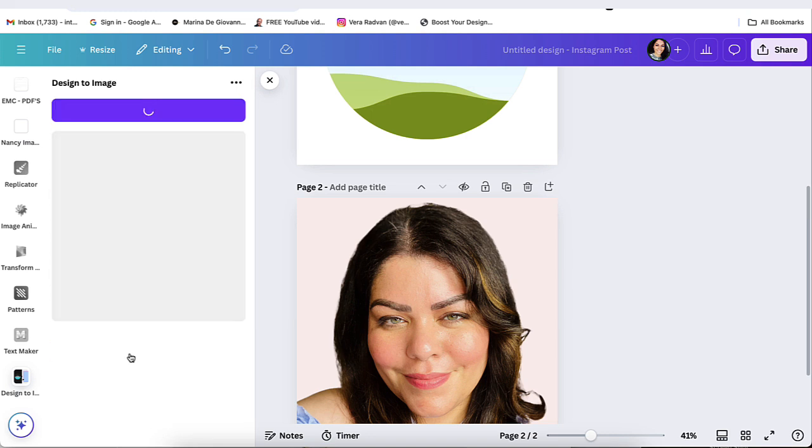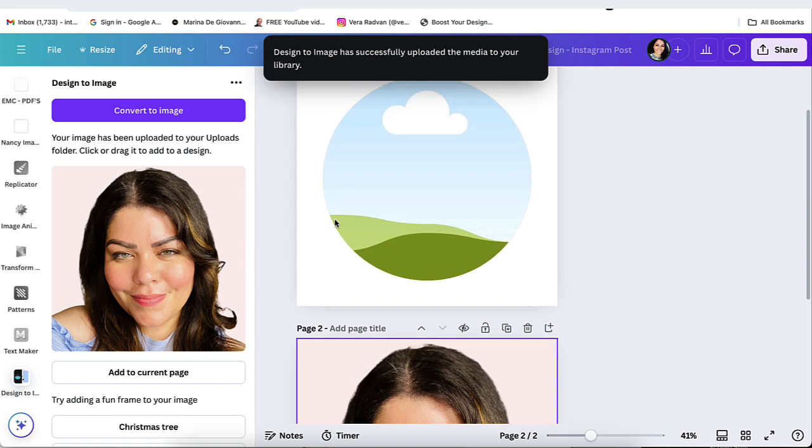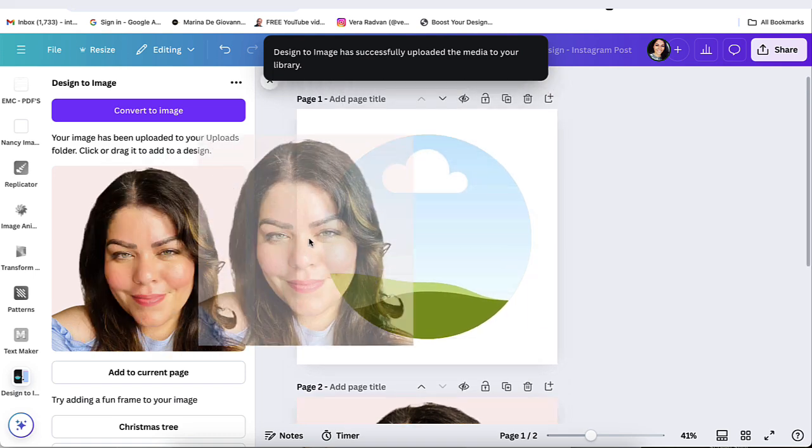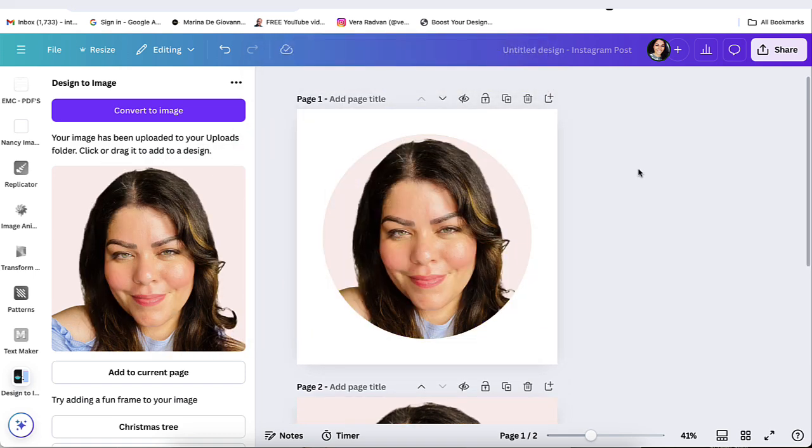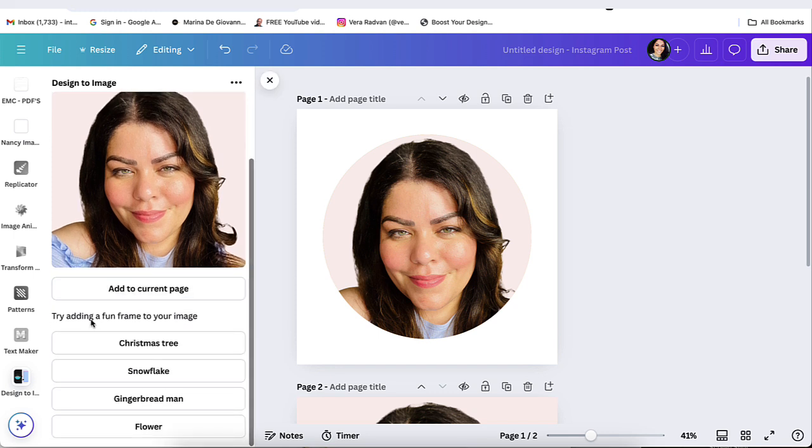I'm going to click on export, and it's automatically going to take a few seconds, and it's going to put the image right in here. Now, all I have to do is drag and drop. That's simple. Another cool feature about this is that it allows you to add different frames to your image if